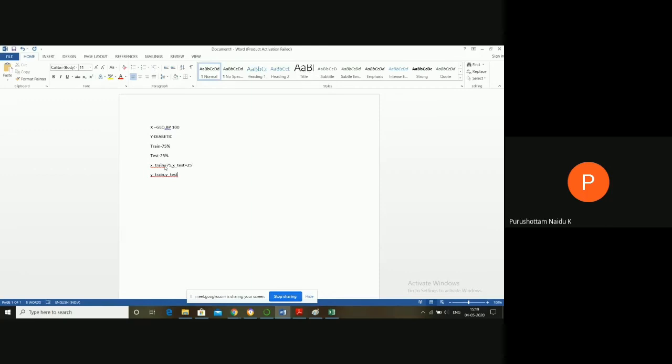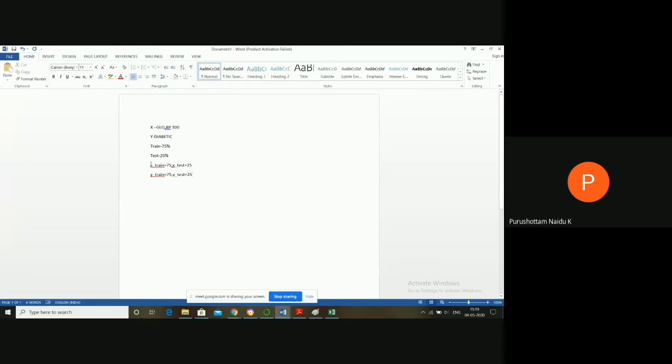Like that, y train is the output, which has 75 output values, and y test has 25. I think everything is understood. In total, 75% are training records and 25% are test records.